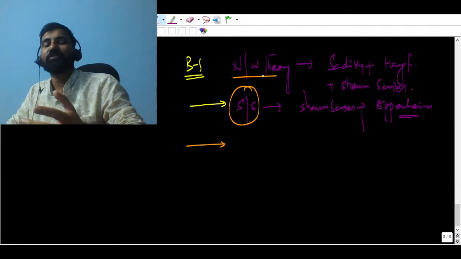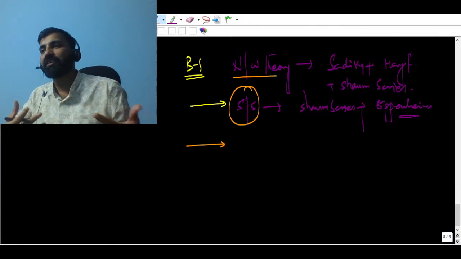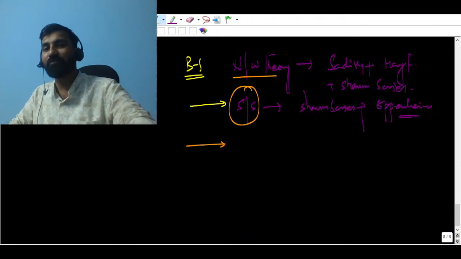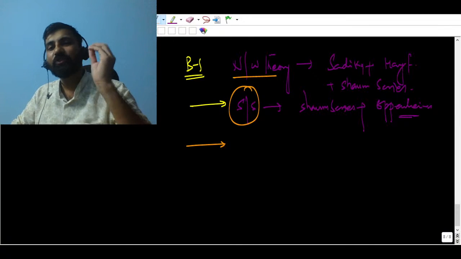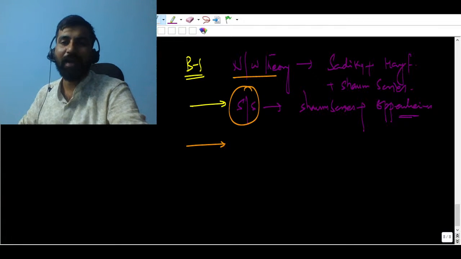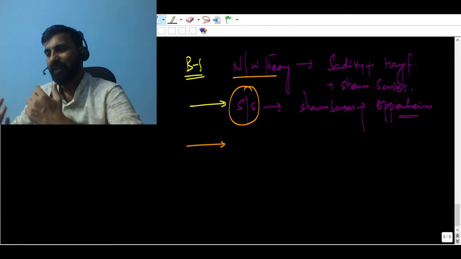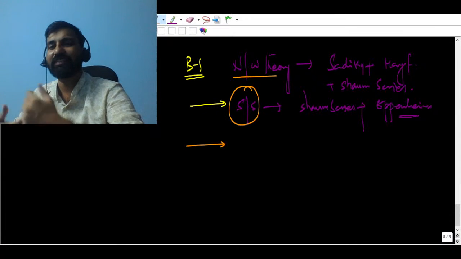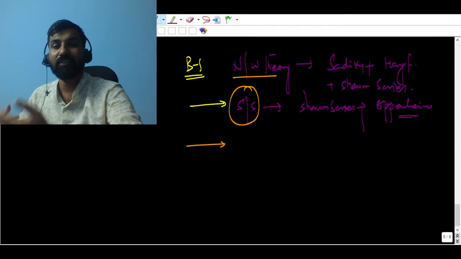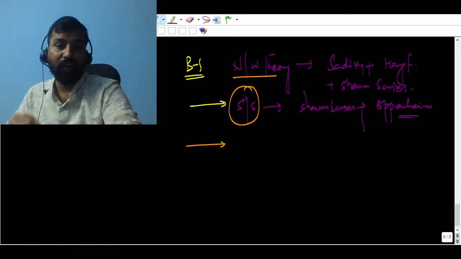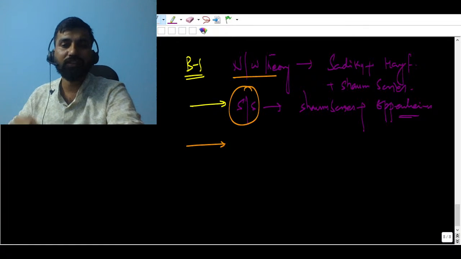Many people also say that if you're not good at network theory, you cannot understand analog circuits. It is again one kind of misleading term. If you're from an electrical engineering or electronics and communication engineering background, everyone expects that you must be familiar with basic laws such as KVL, Ohm's law, and theorems like Thevenin's theorem, superposition theorem, Norton. Passive elements and active elements, all these things you must know.